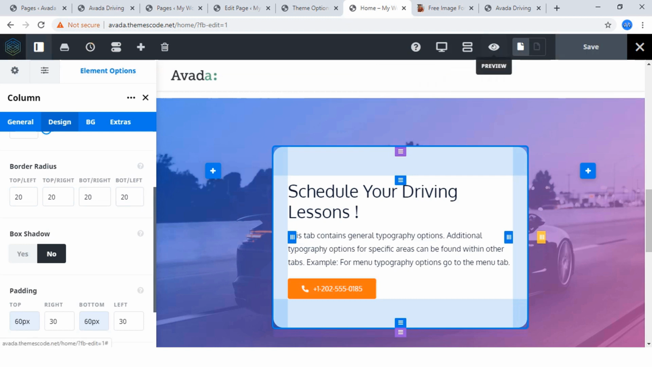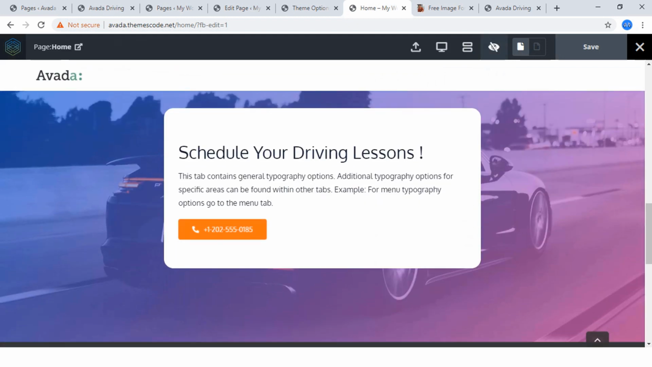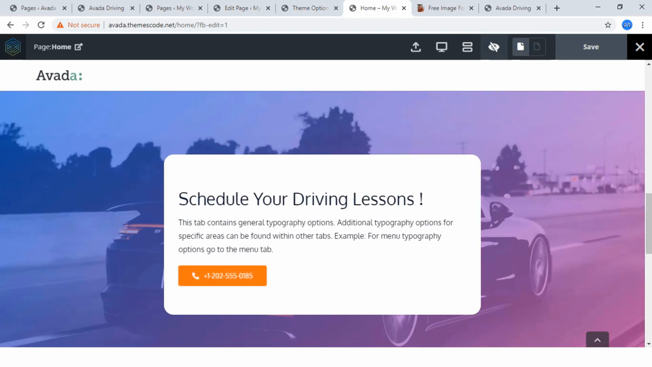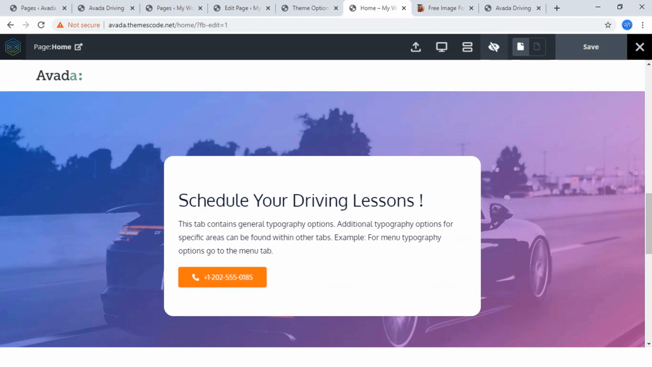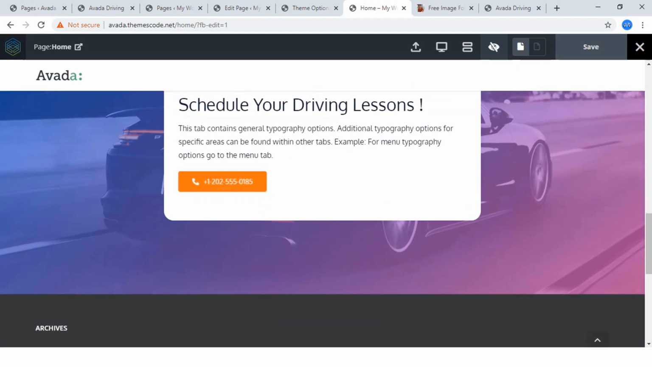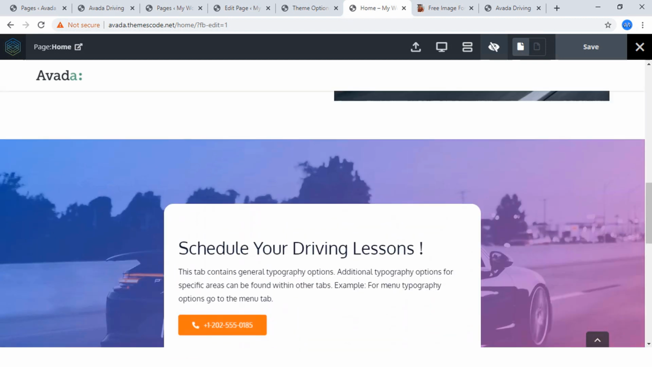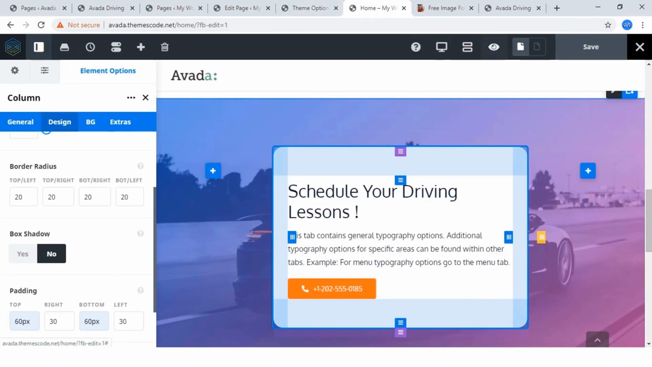Now click here, and here goes it. But the background isn't perfectly parallax. So what I'm going to do, just click here and